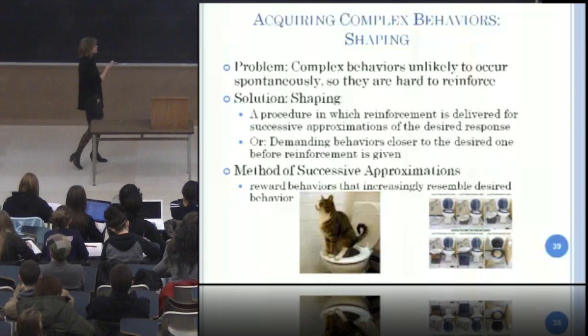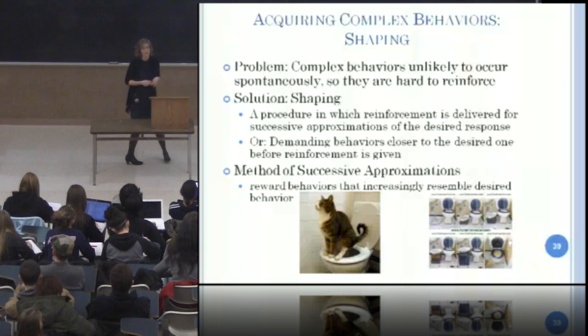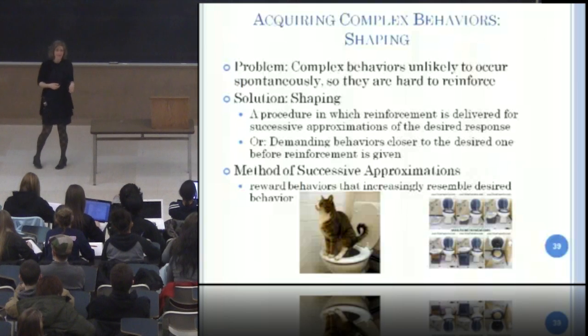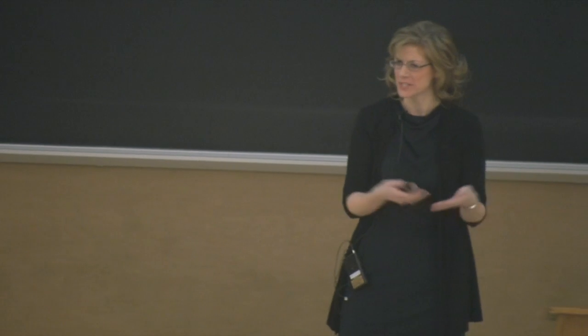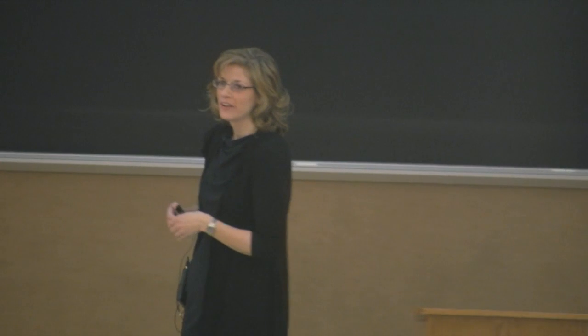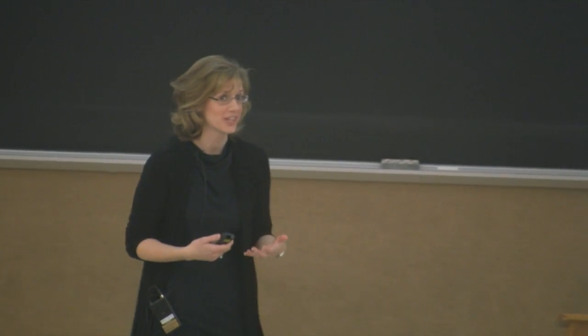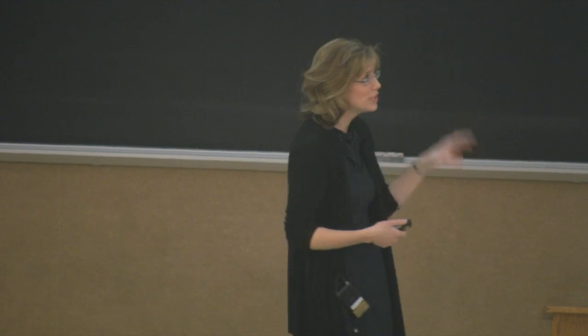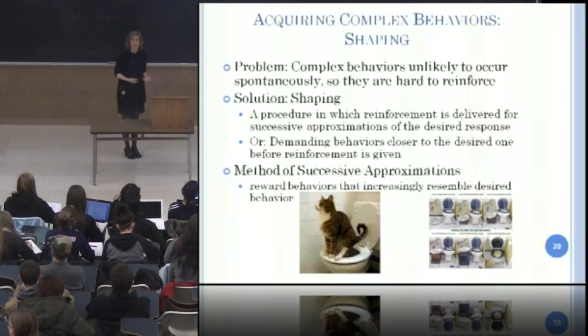So you actually have to get the litter box closer and closer to the toilet. Then you've got to put the litter box on top of the toilet. And once the cat learns to use it there, then you take the litter box away and replace it with some saran wrap or something like that and put the litter on there. And then once the cat learns that, eventually you can get rid of that altogether. And hopefully if it's worked and the cat's accommodating, they've learned to use the toilet. So you're reinforcing all these steps on the way to get to this more complex behavior.